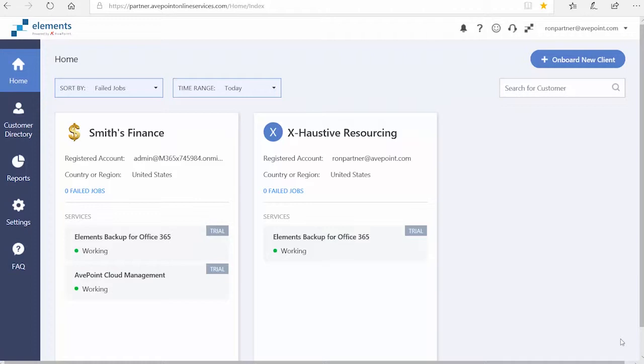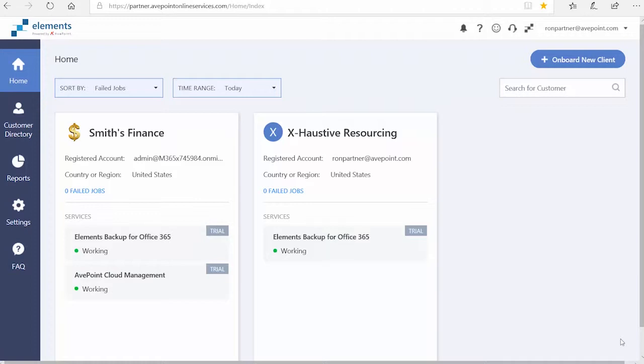After purchasing licenses for your customers through your distributor of choice, those customers will automatically be added to Elements and assigned the solutions that you purchased the licenses for. Once that's happened, at some point you will need to start those services, and you can do this a few